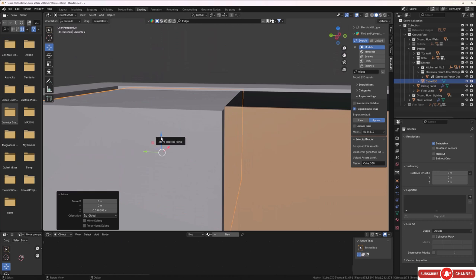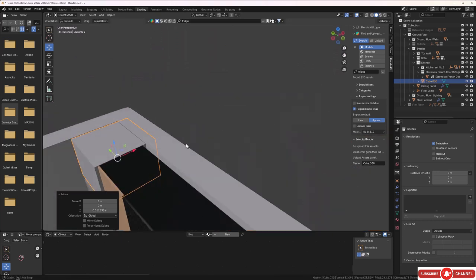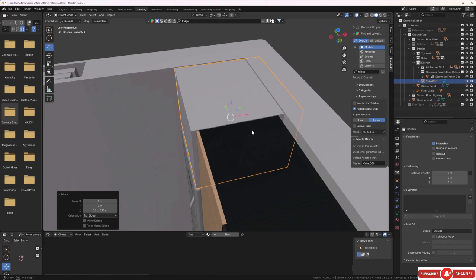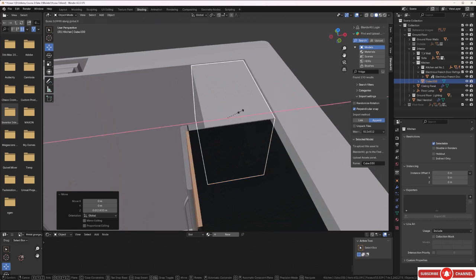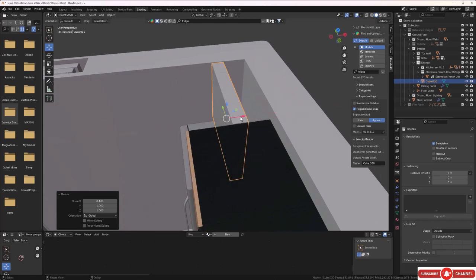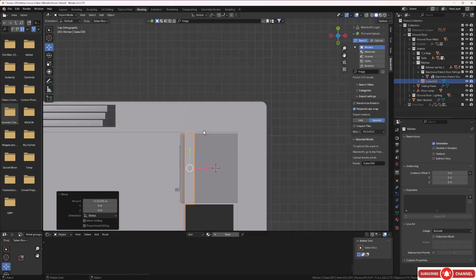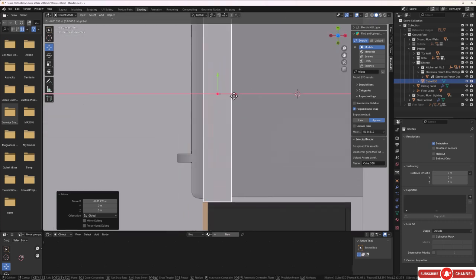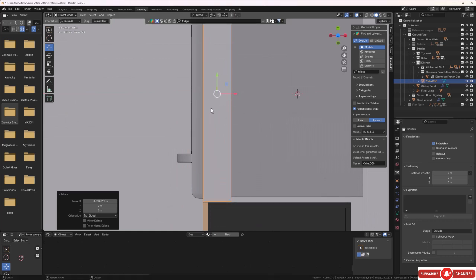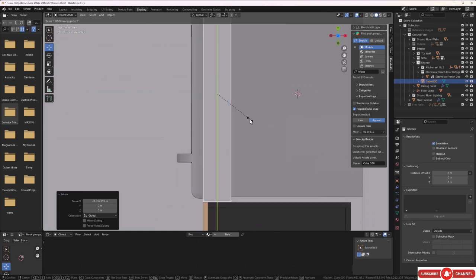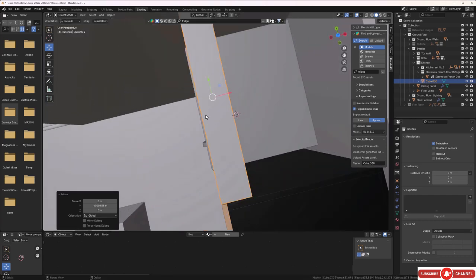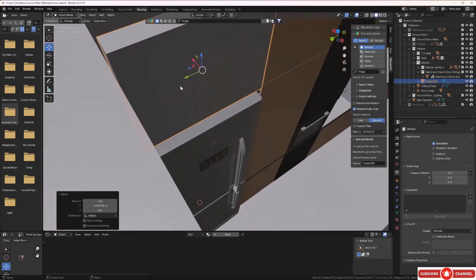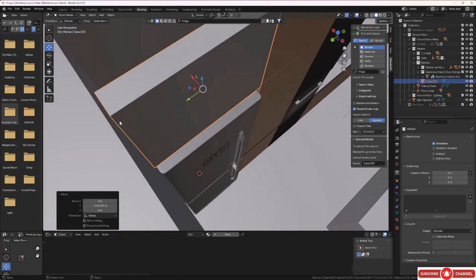Maybe take it up a little bit more in the Z. And now maybe scale it down in the X. So I'll press S and X. Bring this down like this. There we go. And bring this over. Press 7 so we see this from above. Maybe just bring this into here like this. Scale it down a tiny bit in the Y, S and Y. Maybe just bring that over there like that. And I want a little bit of gap on this side. And I'd say that's enough just to introduce a similar sort